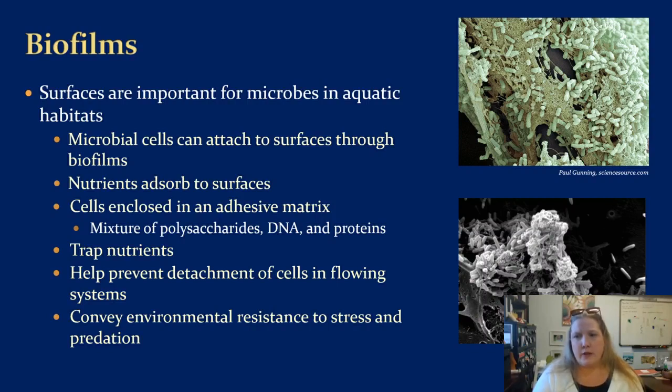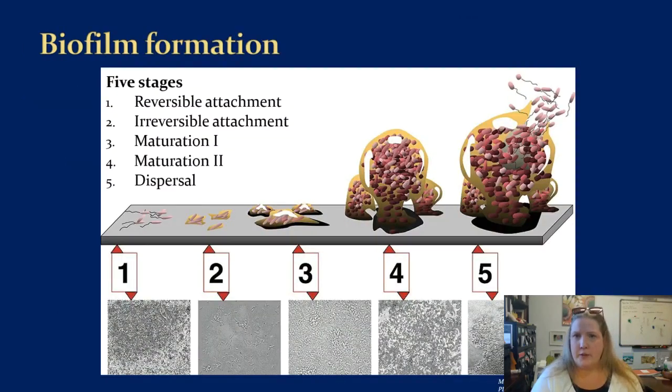And this matrix is really important because it can protect against attacks. When predators come in and try to eat you, you can hide inside this matrix. It prevents certain types of chemicals from penetrating into it, like antibiotics. But it can also help trap nutrients as they flow by. It also gives you that stable structure, if you're the microbe, to stick to that surface. So they're very important. And there are 5 known stages for